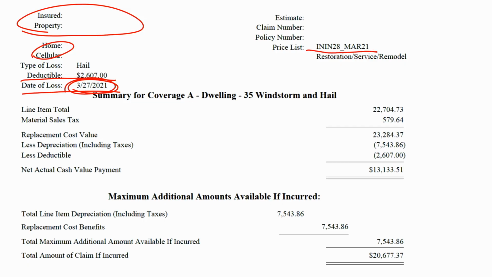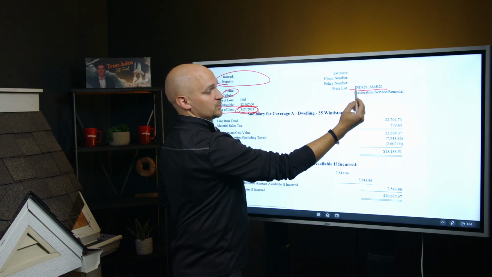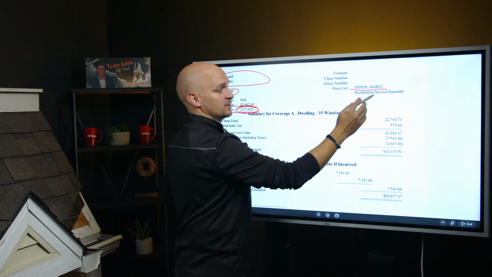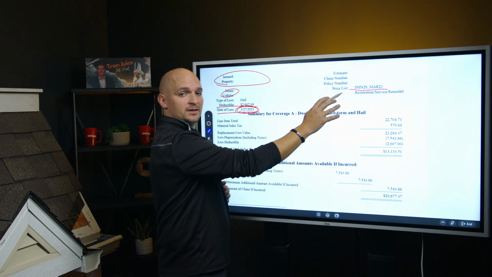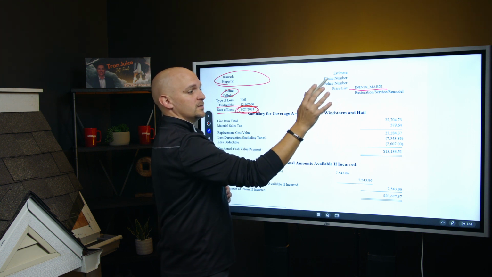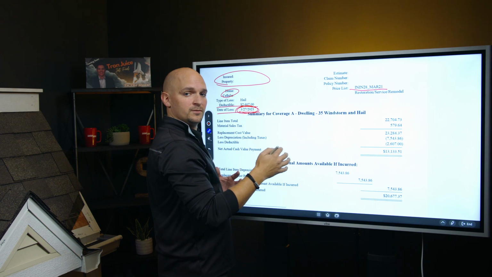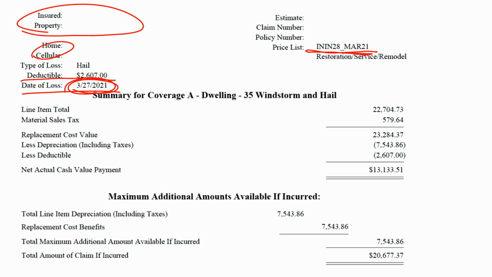Now, one thing you might notice here, if you were looking close enough at the last estimate, the price list on the last one had 4 letters, but then said 8X, and then had the date. We'll talk about this a little bit more as we get into invoicing, into some of the differences between RCV and ACV, into some of the nitty-gritty of the estimates, but this is something that can impact what you're paid